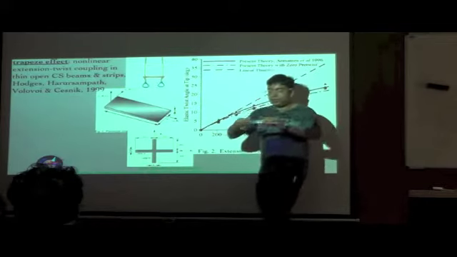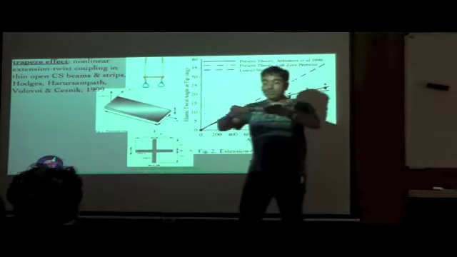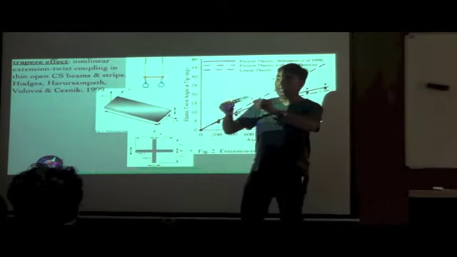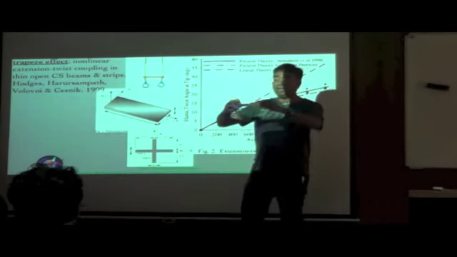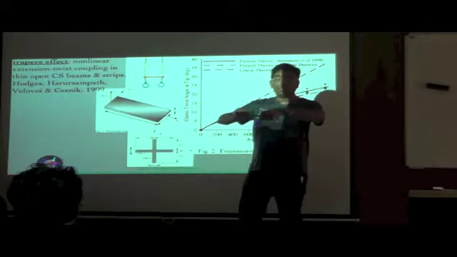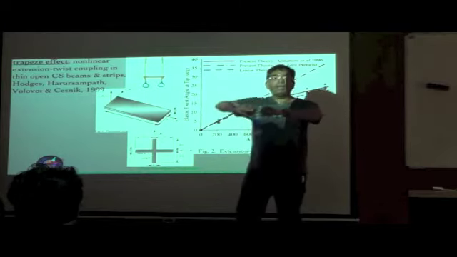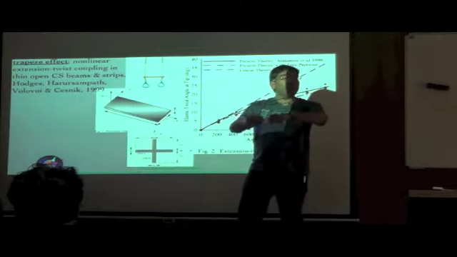Now it's very easy to see that for any open section beam that you take, for that matter the simplest case in terms of analyzing the geometry, a thin strip like this, if I try to twist this, it's going to be quite easy to twist. But if I apply an axial load which is tensile and then I try to twist it, it becomes a little more difficult. Okay,